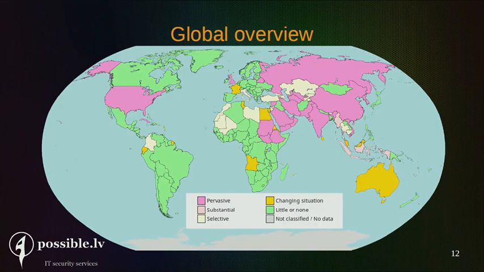Now, this is a global overview of current censorship status. And it's actually here for one reason. It's incomplete. Information that's available globally about censorship in different countries, especially small countries, is scarce. For example, many of the countries here are marked green, which means there is little or no internet censorship and surveillance. But actually, that is not the case in Latvia, for example, and I know that firsthand.